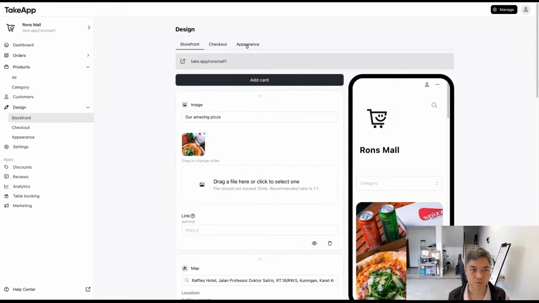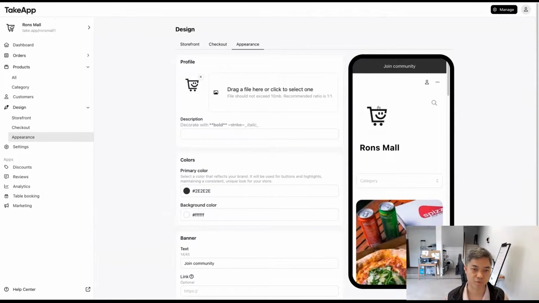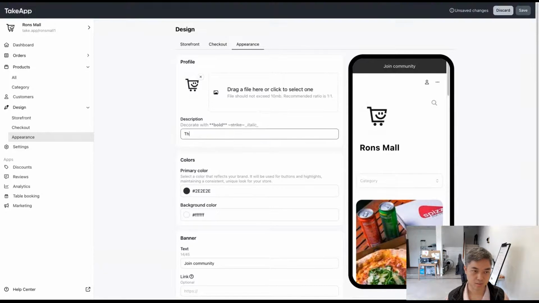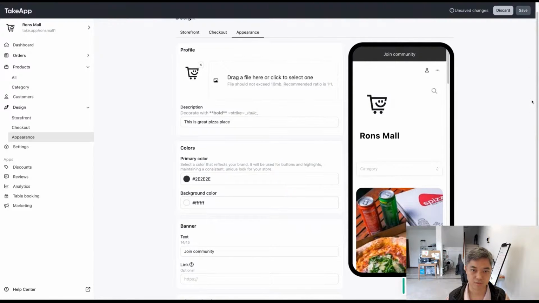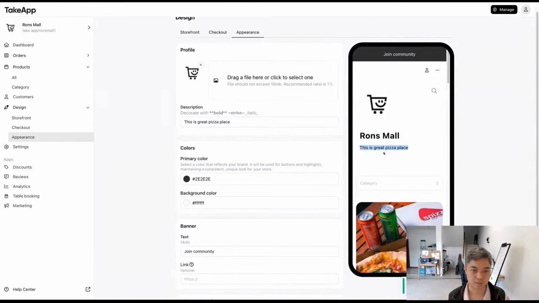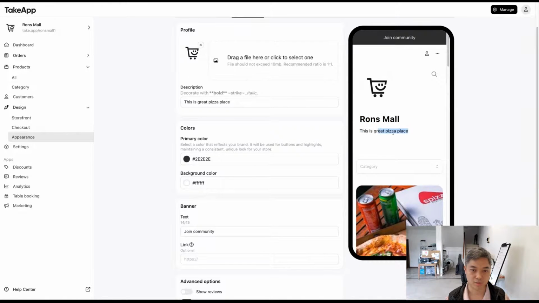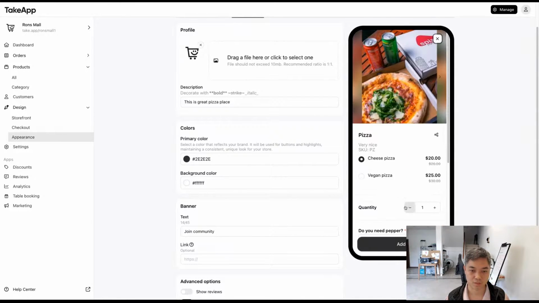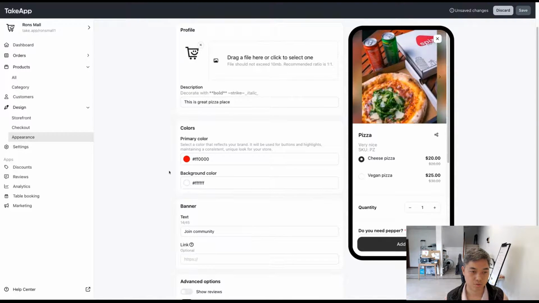Also, sometimes you want to change the design. Let's say you have a brand design, then you can use this one. Let's say this is great pizza place, right? And once you save, you can see that the description is here, right? And then primary color. Right now, if you add a product, the button is black, right? But sometimes you want to change this black color to, let's say your brand color is red. Then you can change the